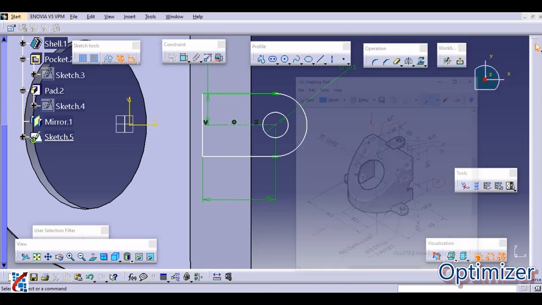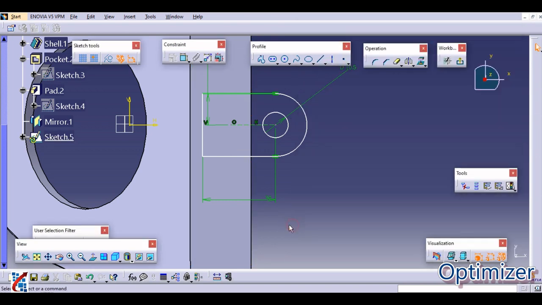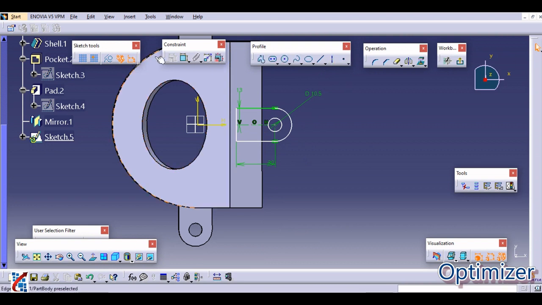So if you just see, we need to find out the distance. From this center it is at 70 mm, this distance. Okay, so just give the dimension.